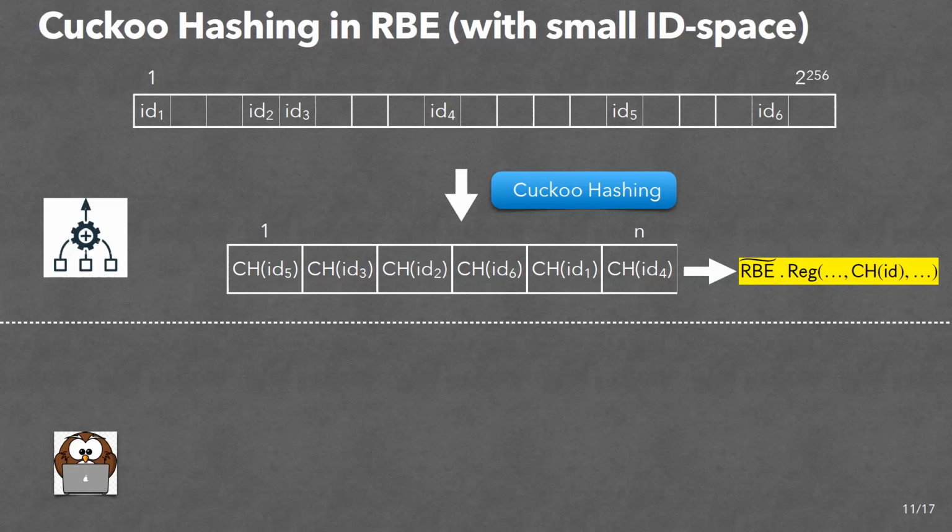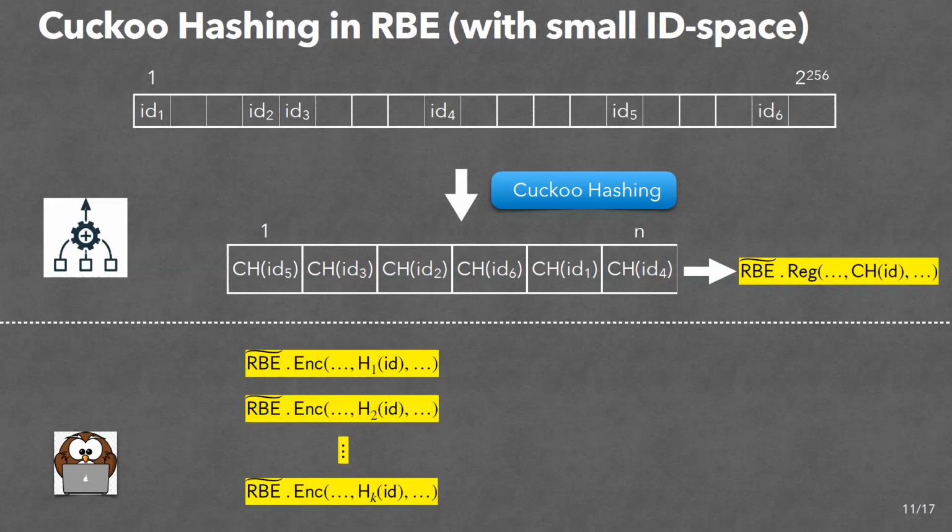So the thing is that the encryptor doesn't know which of the hash functions were used for the identity that she wants to encrypt. So an idea would be the following. What if we just encrypt with respect to all the possible positions for all the hash functions? So this is correct, because at least in one, we have the identity, but it's, I think, obviously not secure,